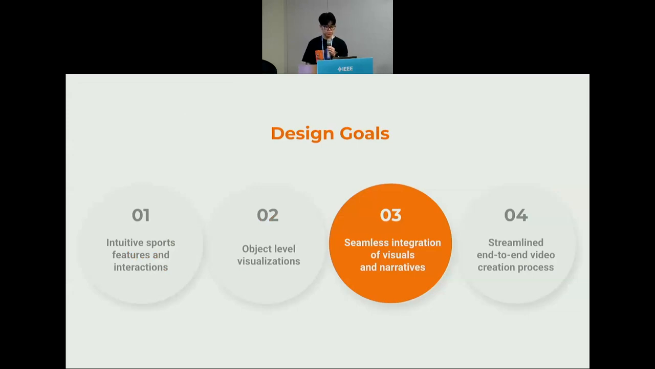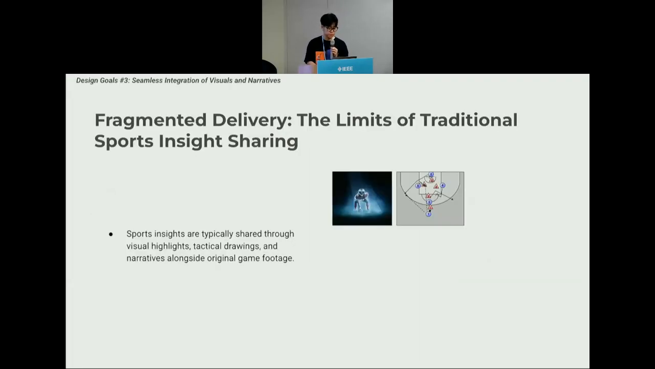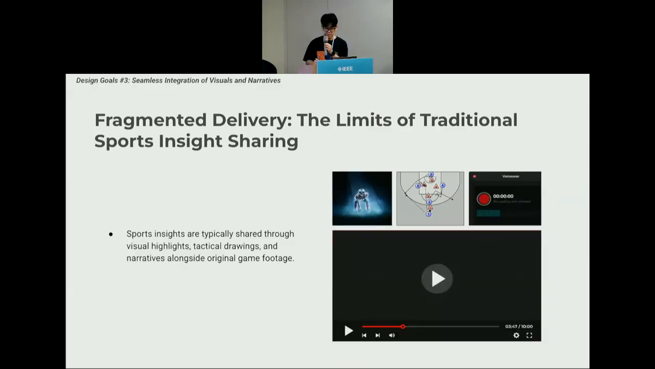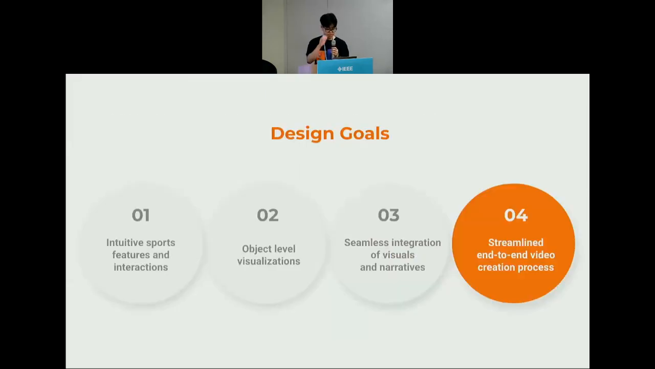And goal 3, seamless integration of visuals and narratives. Sports insights are typically shared through visual highlights, tactical drawings, and narratives alongside the original game footage. So our tools should help users integrate all this into the game footage for dynamic data-driven game analysis. And the last goal,